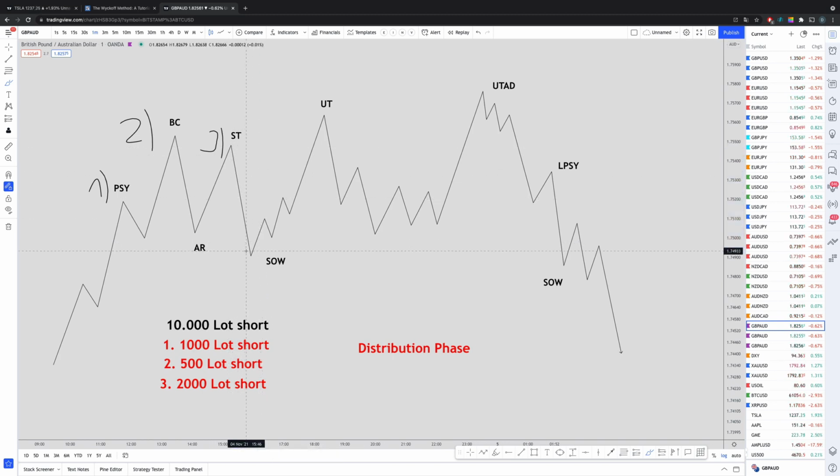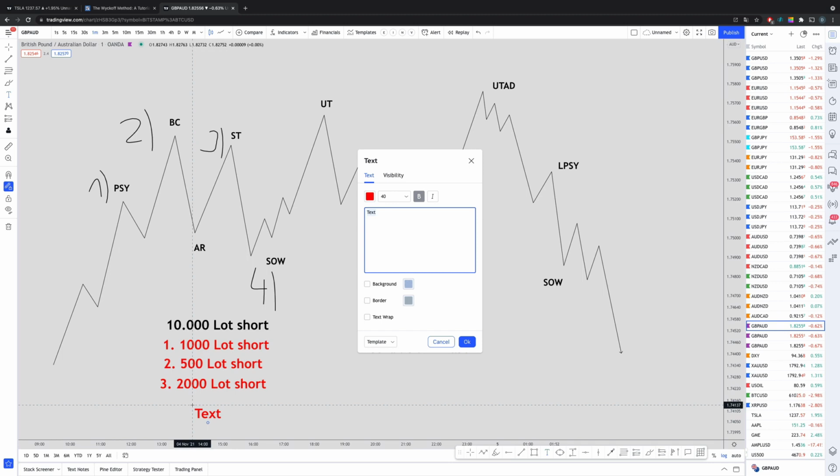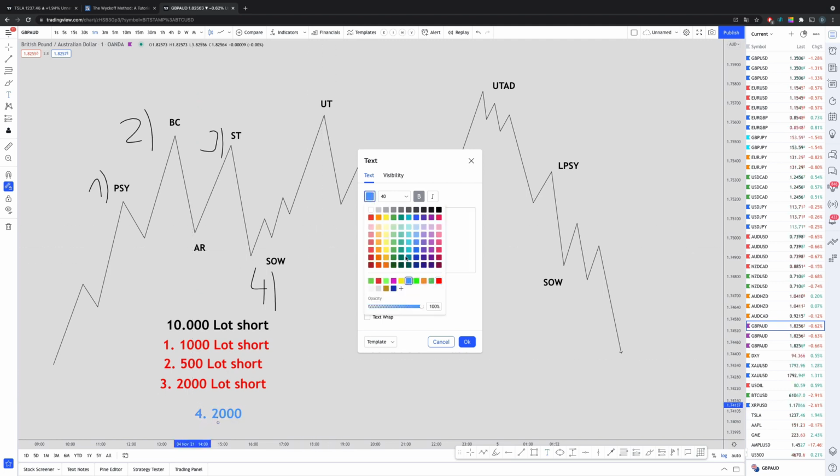And now, super important, what the market will do in the next step is the SOW, the big sign of weakness. This is how it is called. Step 4, we will not take shorts. I would say, yeah, but I thought our job is to actually bring the price to the downside. Yes, you are completely right. But we will open over here 2,000 lots long position. So we will take a long here.